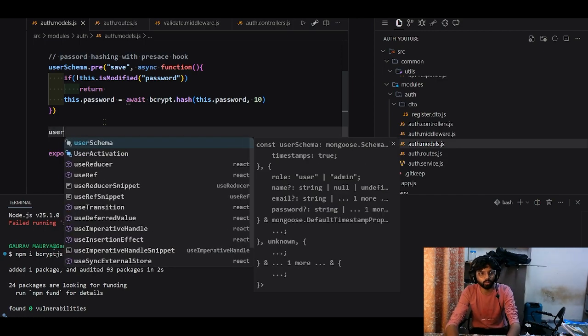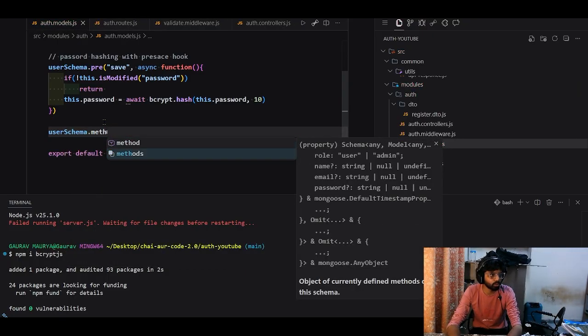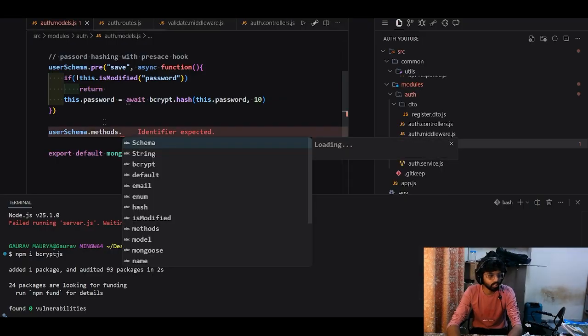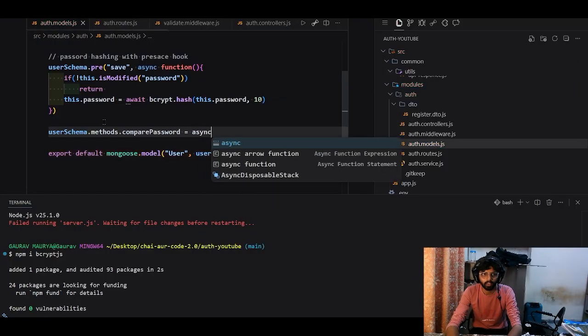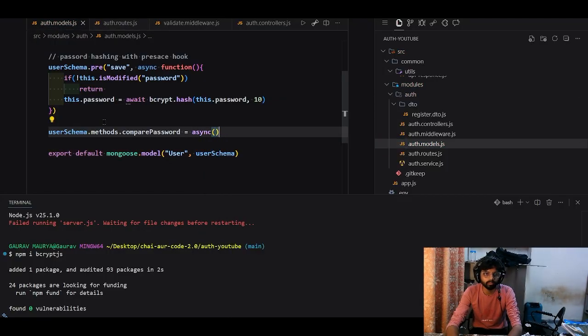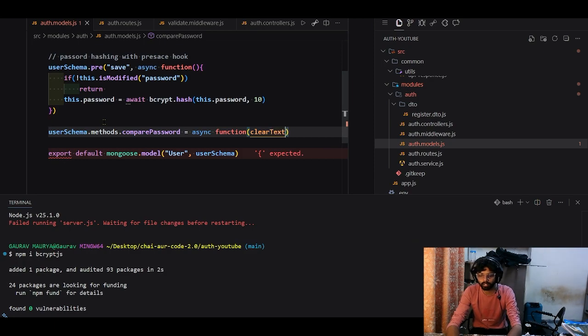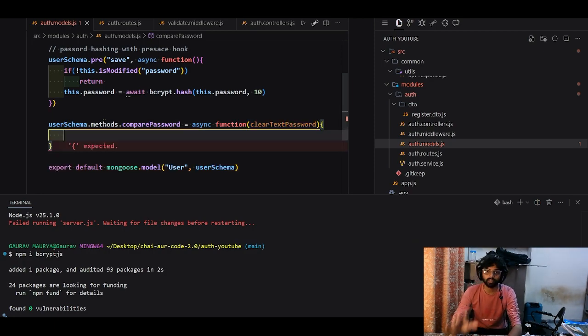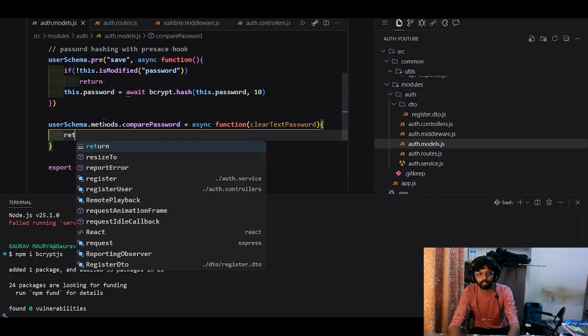So for that we have user schema dot methods, basically similar to the prototypes that we have learned. So methods dot compare password, that is an async function. Function will take an argument clear text password. Whatever the password that the user will be giving me, that will be there in the clear text password. And I will just return